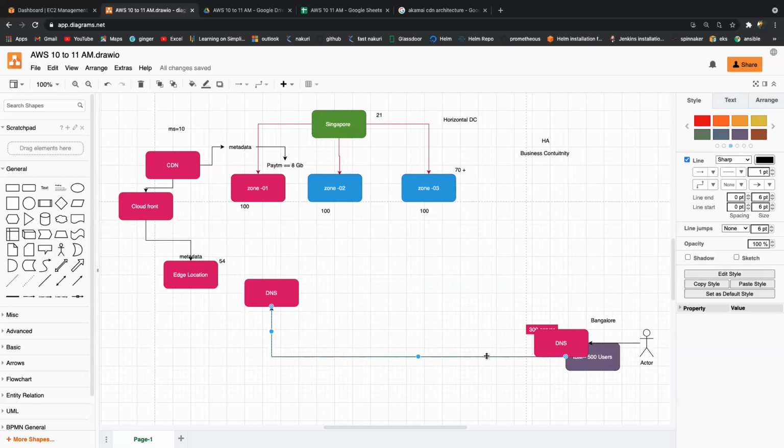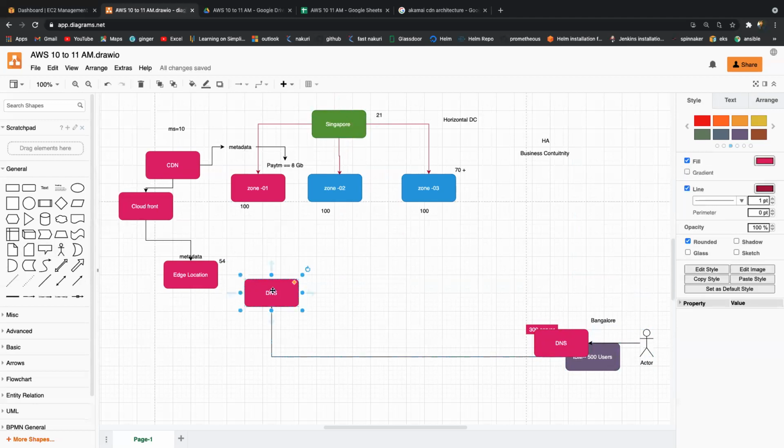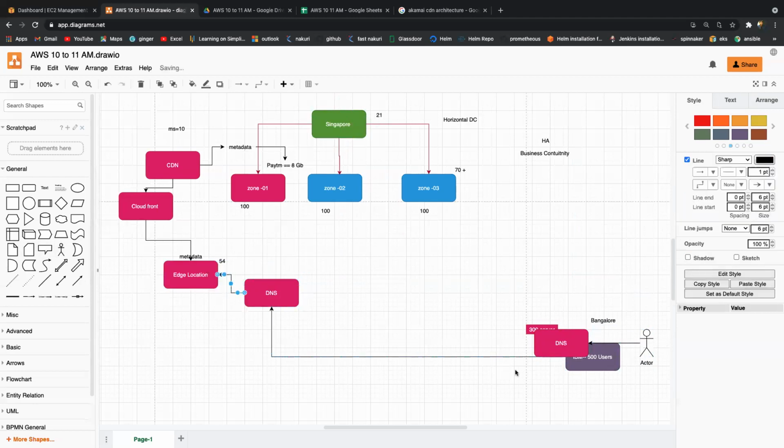Getting my point? Previously, we were trying to communicate with Singapore, but now I'm going to connect with my nearby edge location. We are sitting at Bangalore. Where is your nearby edge location? Bangalore itself. Then from Bangalore to Singapore, that is the cloud seller's responsibility. They have the physical connection, the direct connect. But in front of us, they provide a component called the edge location. Using this edge location, we are able to avoid the latency issue.